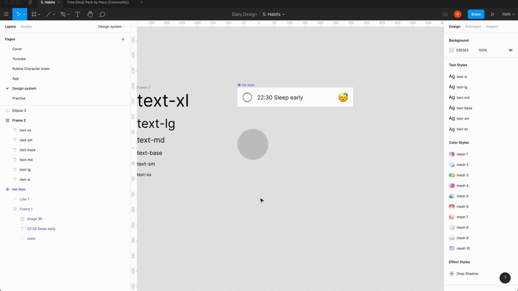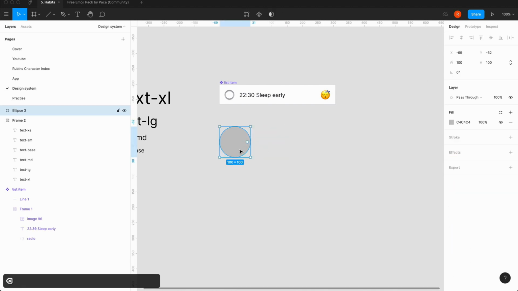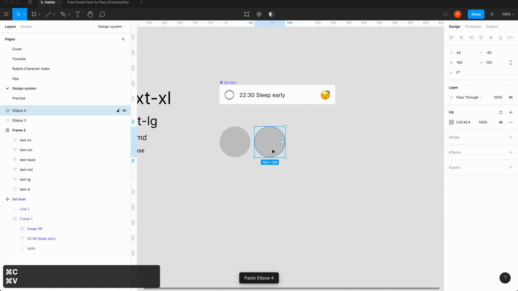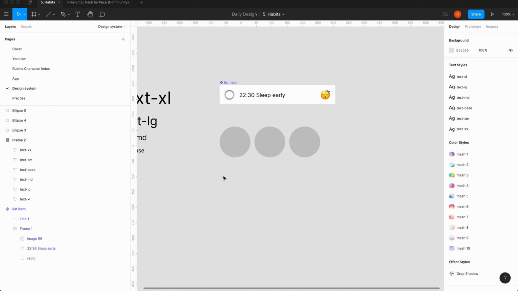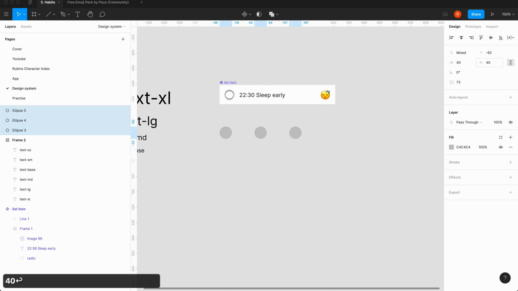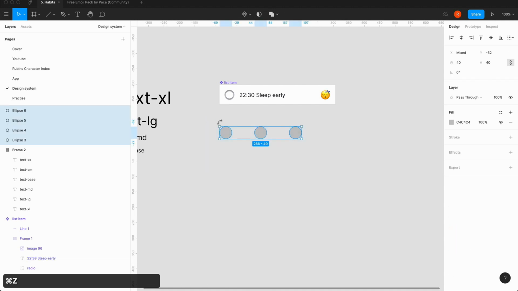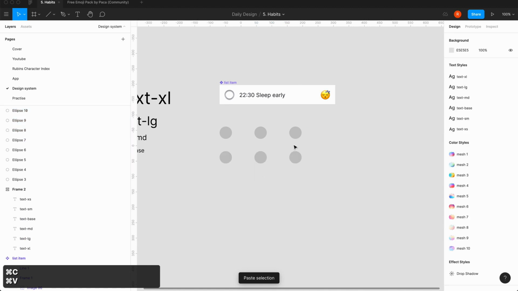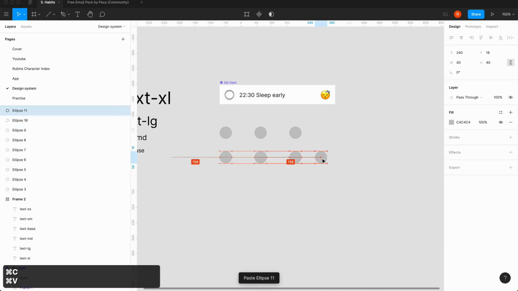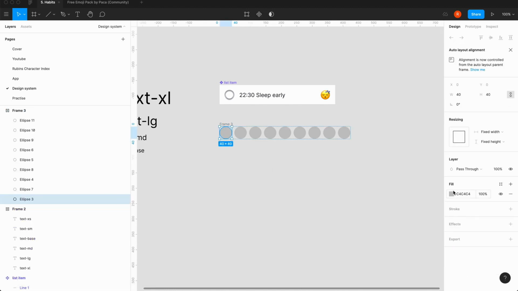So the colors that I'm going to use, let's just see. So we're actually going to have about 7 items. Why don't I make these a lot smaller? They don't need to be that big. Okay. So we need 7 colors. Going to Shift A, spacing between around 8. Now we're doing our color